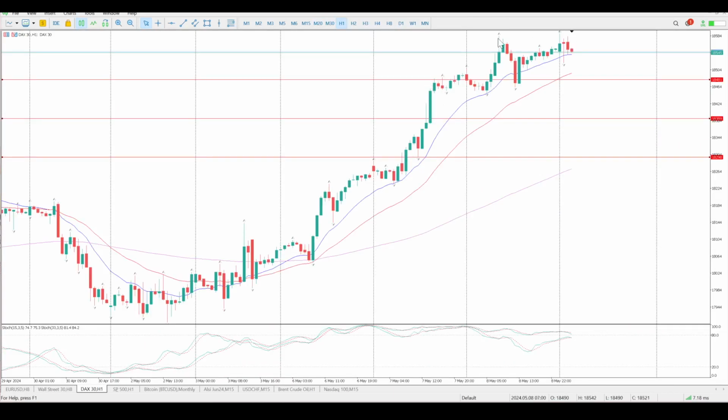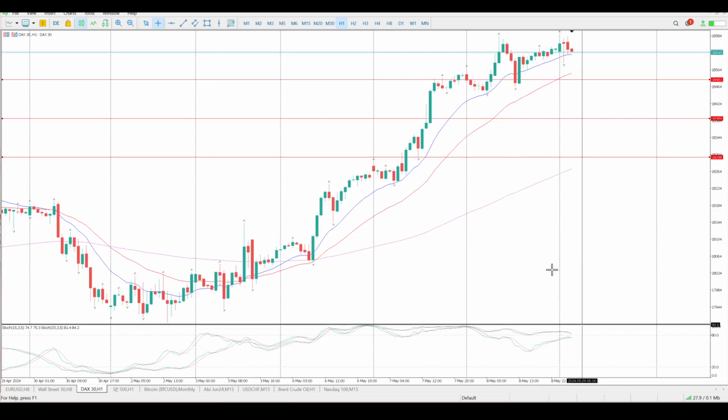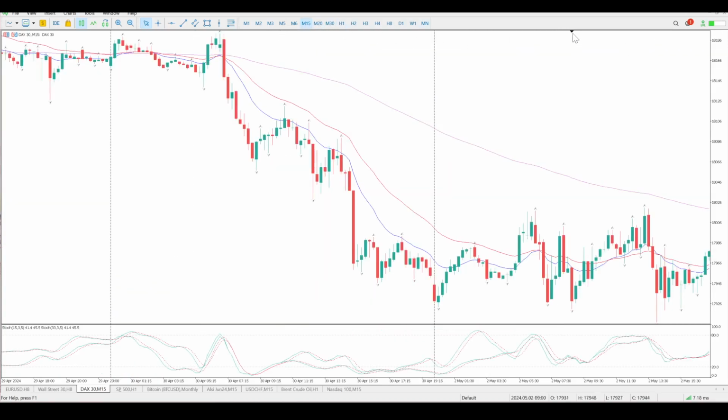So yesterday, big up, big down, continuation up, but look at this divergence that is forming. We've got a little bit of a high. Remember that just going into the close, we've got a higher high, but oscillators lower high. So I am skeptical of longs at the moment up there. I would definitely look at 18,509 and 18,481 area. That's kind of the zone that I would be paying attention to today, but it's going to have